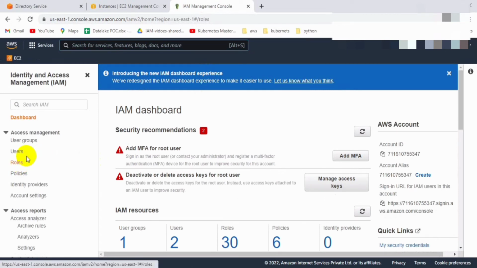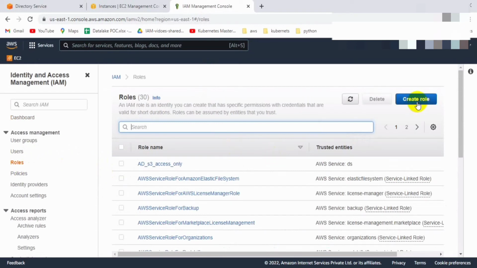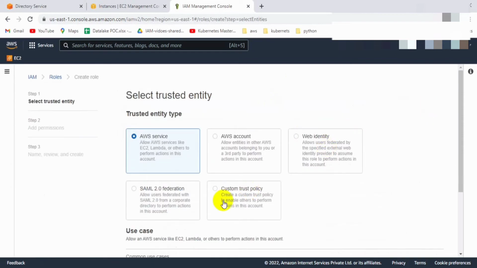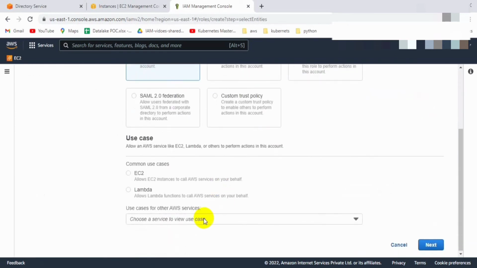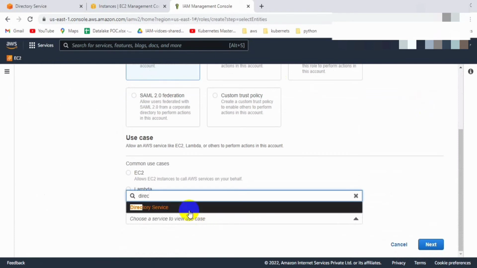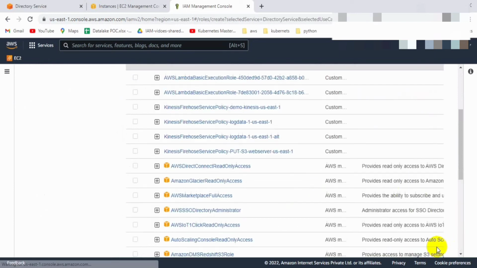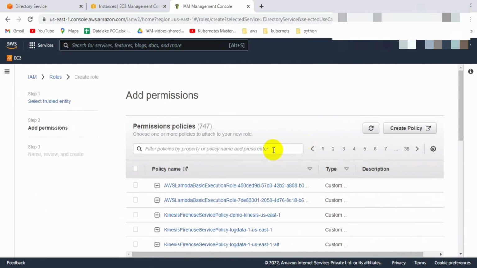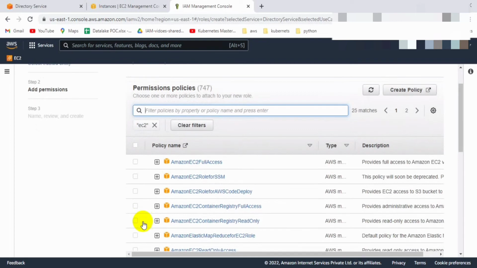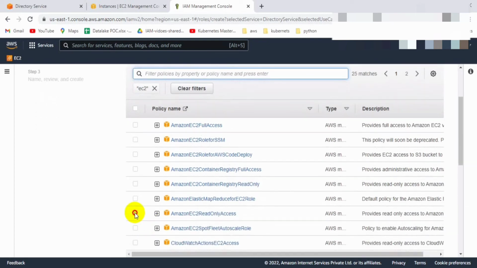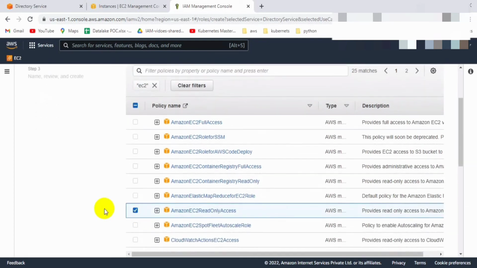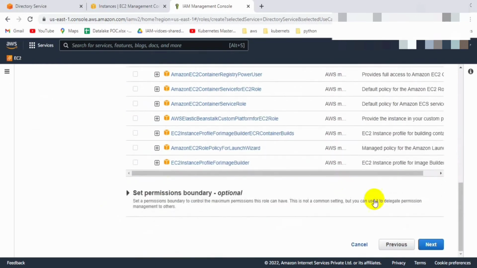and here we have to create a role. You can see we have different options, but we have to go with directory services. Let's select that, tick mark on that, then click on next. Once we click on next, we are planning to provide only the EC2 read only policy. So we have to select that policy here, and once we have selected the required policy, we click on next,